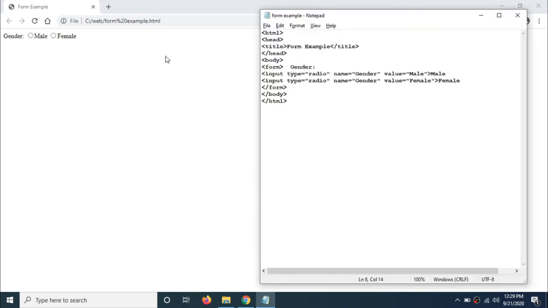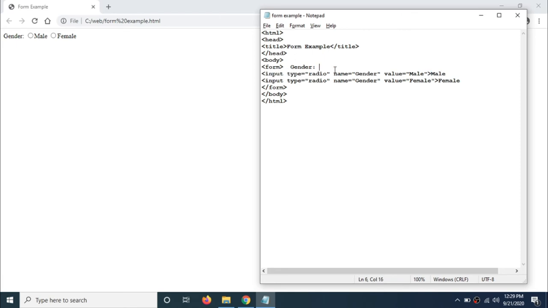Now you can notice this gender colon. That is normal text here on your output screen, gender colon. And what about these male and female radio buttons? You can see that after this, the male and female buttons.